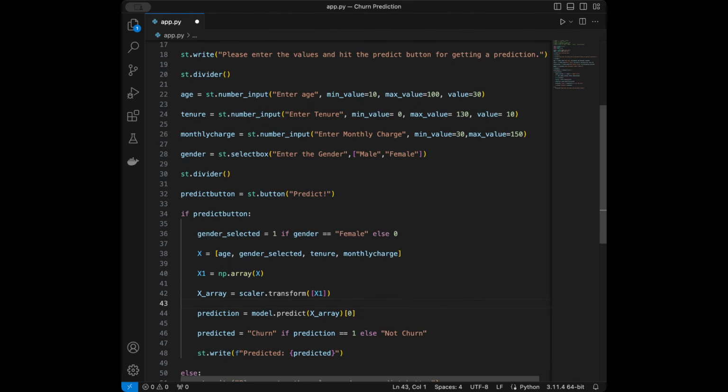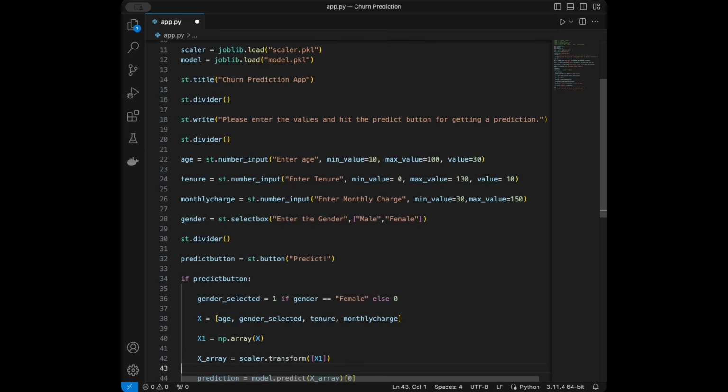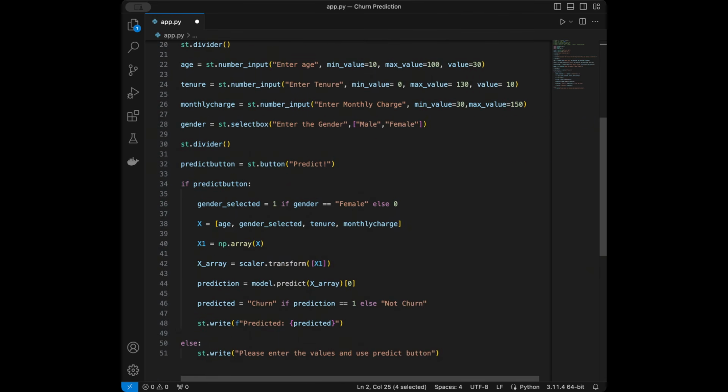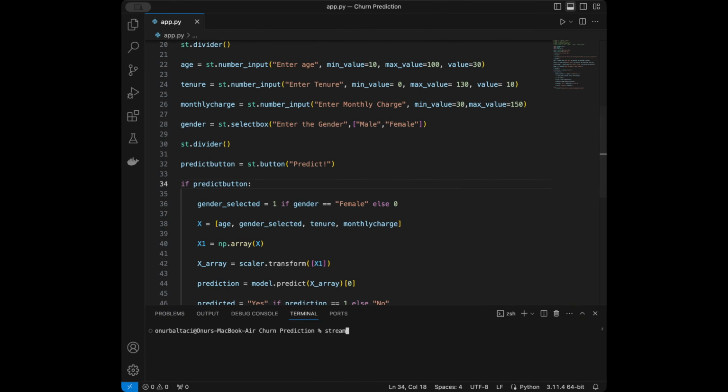So remember, the model generates outputs like zeros and ones, where 1 is yes and 0 is no. So we transform the model output to a string right now. I'm going to save it, and we can do yes and no instead of them. So I'm going to save it, and now after saving I will say streamlit run app.py, and